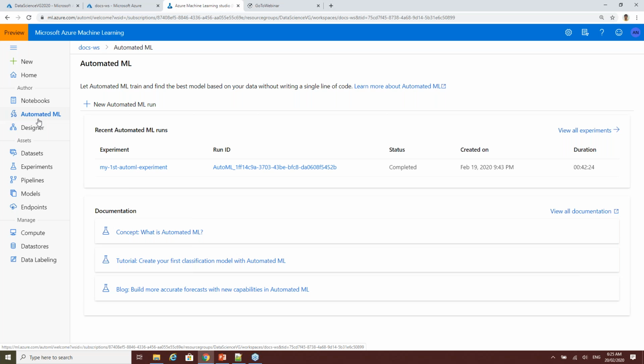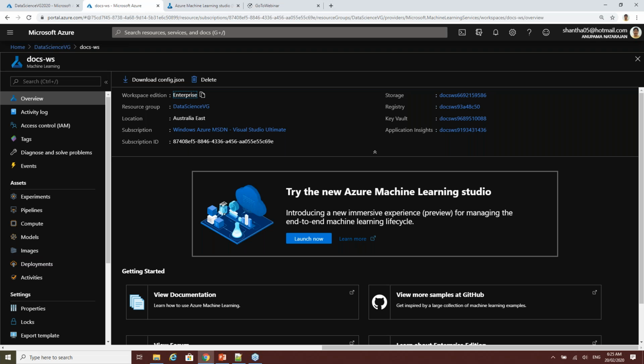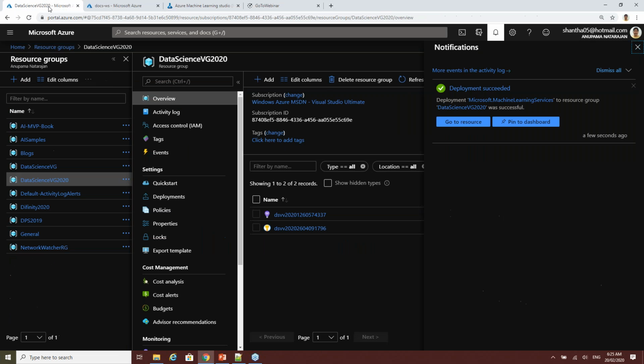The idea behind this is that rather than sending users to different places to create machine learning models, you have everything available in this single interface. And this is now called Azure Machine Learning Studio, which you can launch once you have provisioned your Azure Machine Learning service. So let me quickly check.